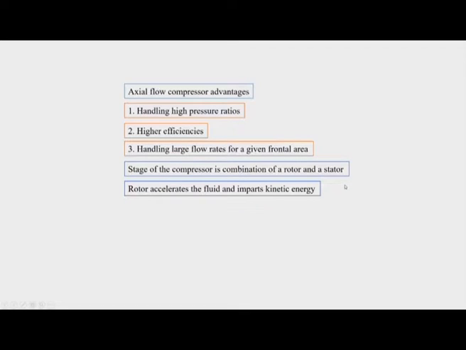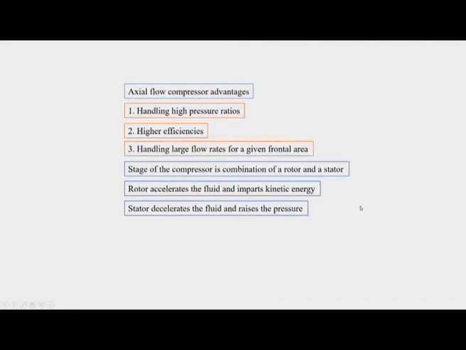So the rotor is supposed to put kinetic energy into the fluid and increase its energy content. It is the energy adding component of the compressor, and partially it also helps to raise the pressure, but not completely. Then there is a stator which decelerates the flow and raises its pressure completely to the required value after that stage. However, the stator doesn't add any energy into the flow. The stator is a stationary object, it doesn't add any energy into the flow.